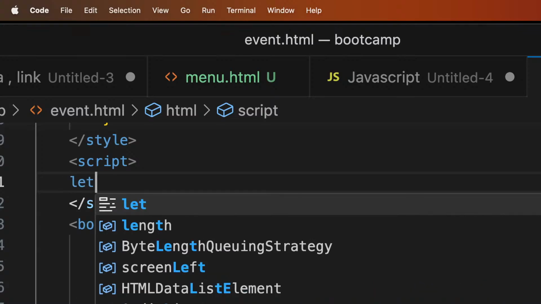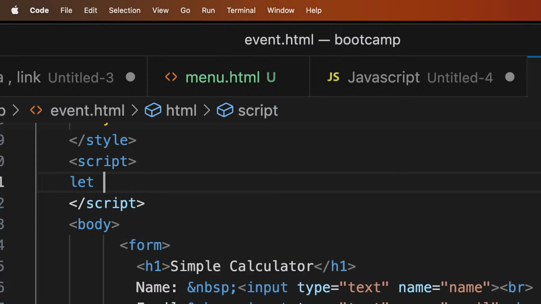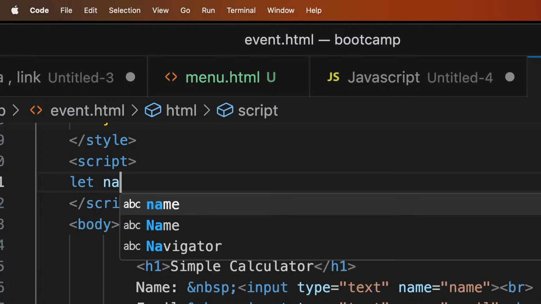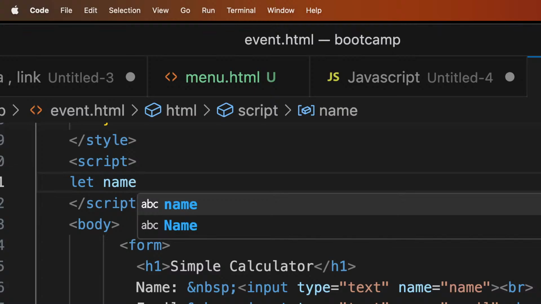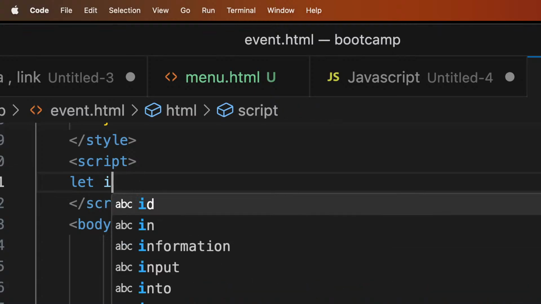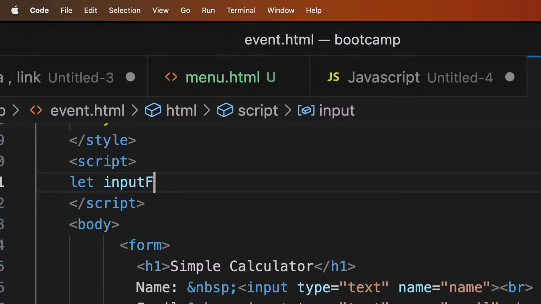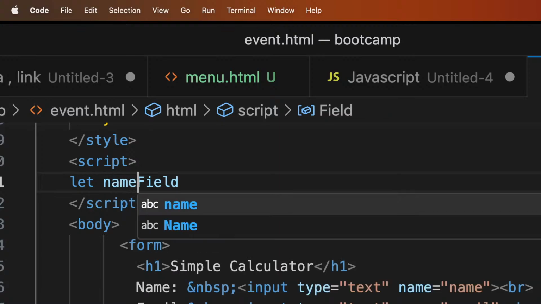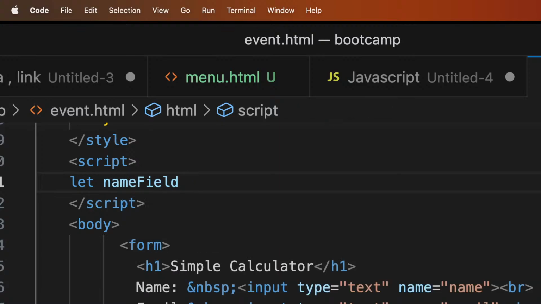Let's say let name, let's say input field. No, that is not input. Let's say name field. We'll call it name field equals to